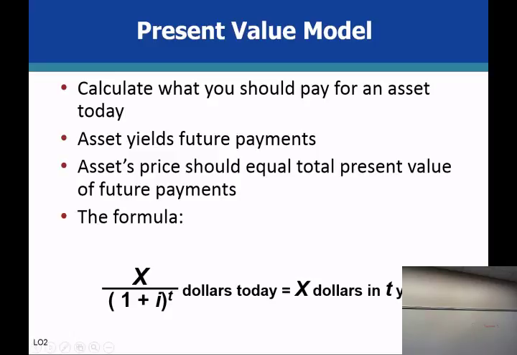We want to make sure that we're getting a good interest rate. And that is to an exponent of how many years I'm working with. So after you copy this down,